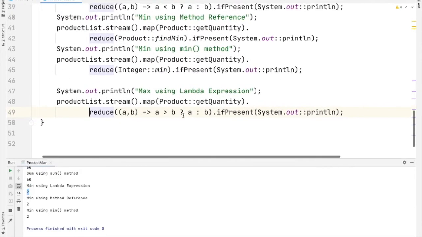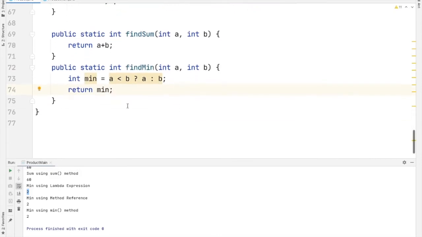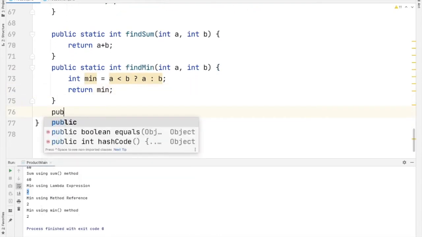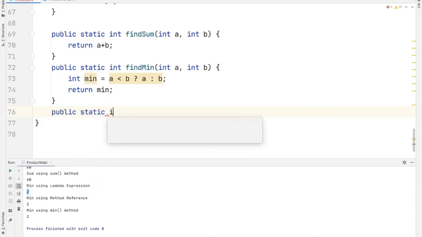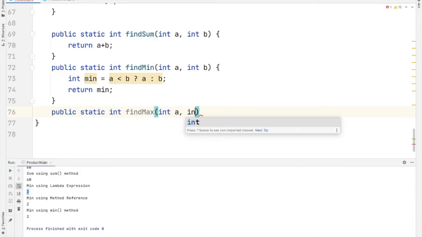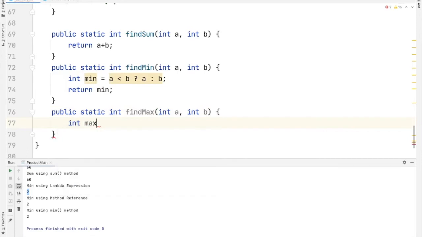The next way is using method reference. Define a method inside the Pojo class. So, public static int, let us name it as findMax, int a, int b. Declare a variable max and assign the result to it.